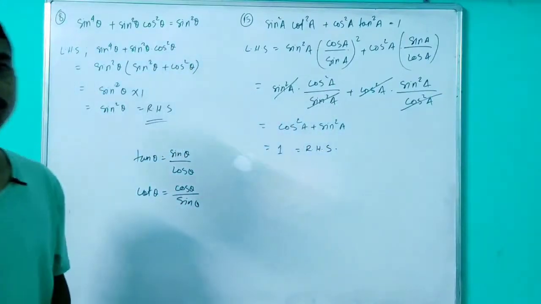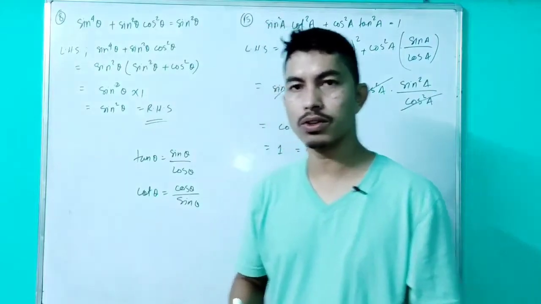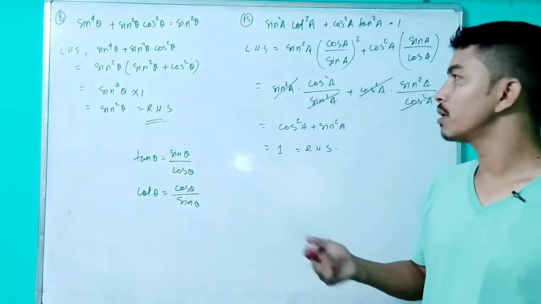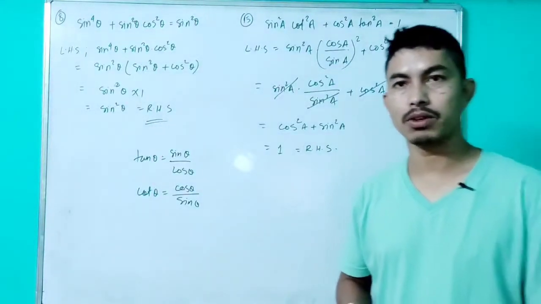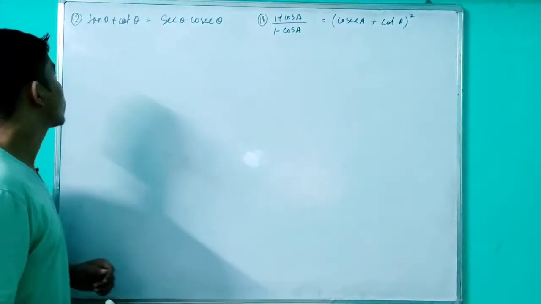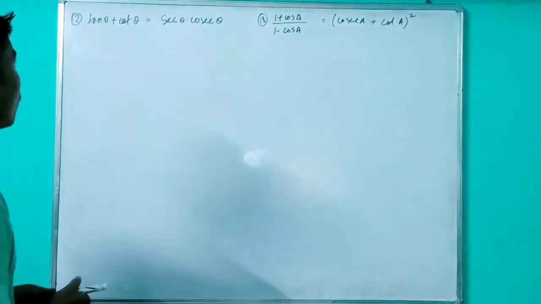Okay, so it's very simple to prove such trigonometry identities. So you may solve all the questions of your exercise 4A so that we may continue with the next chapter of trigonometry. So here I have taken 2 questions from exercise 4B of a textbook. So let us see how to solve this kind of problem.